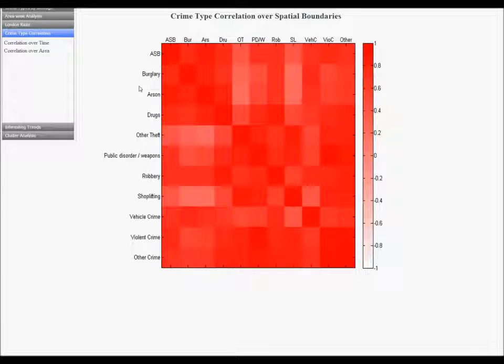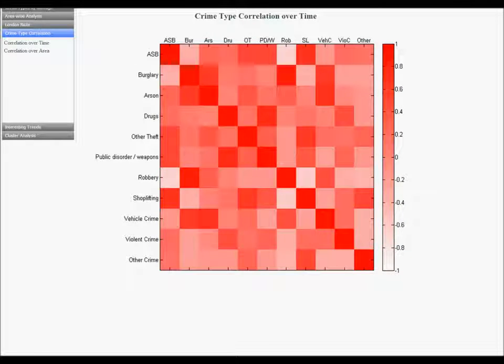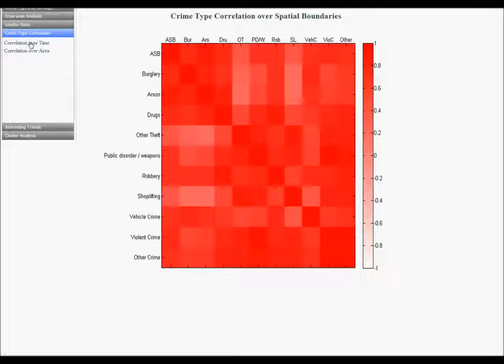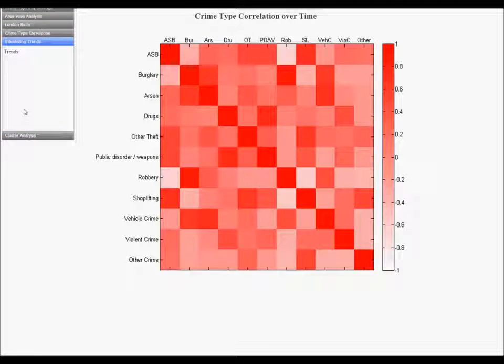However, over area, burglary, other theft, arson, and shoplifting show stronger negative correlations. This type of correlation analysis lets users infer which types of crime are naturally associated with each other and how, whether spatially or temporally. As a final case study, trend data is also shown to the user, tracking crime across